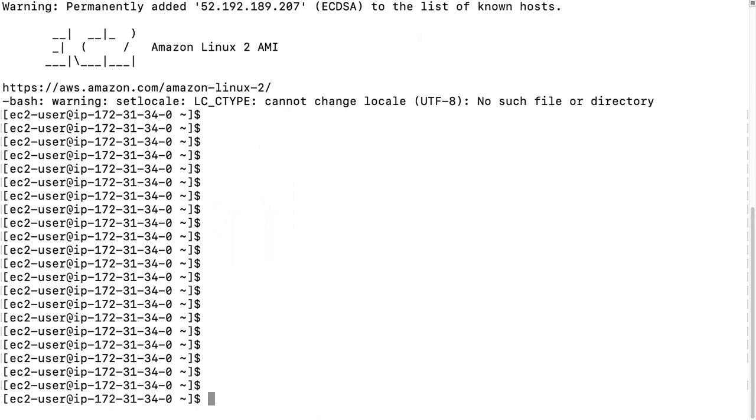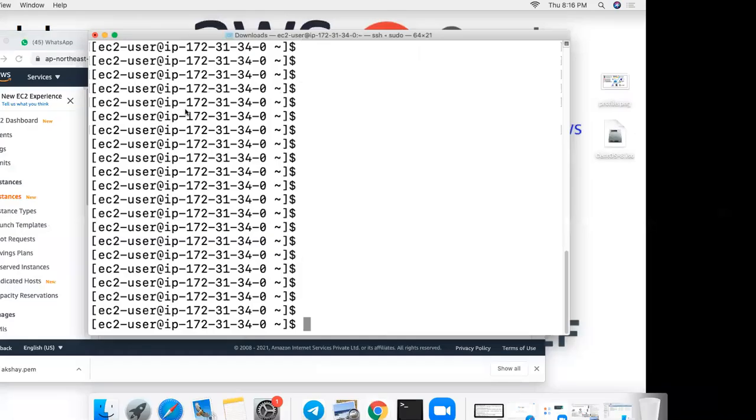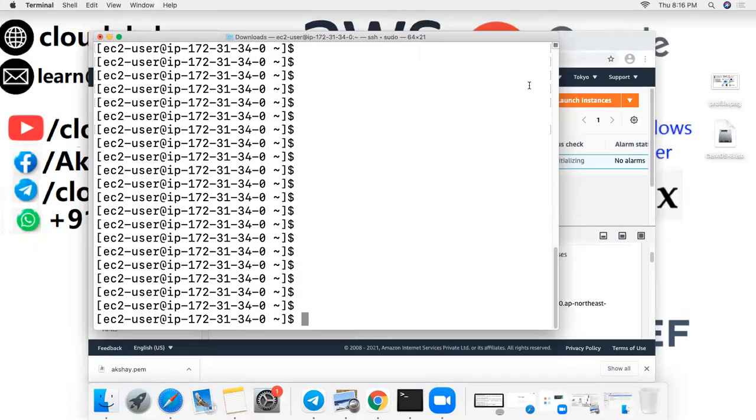So once connected, I'm going to install Chef server into it.